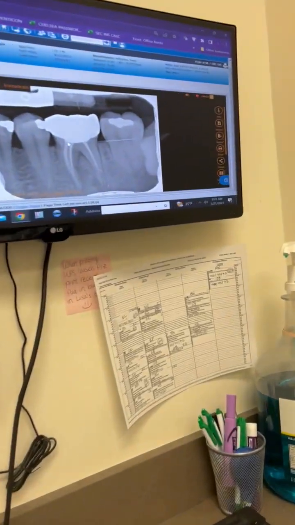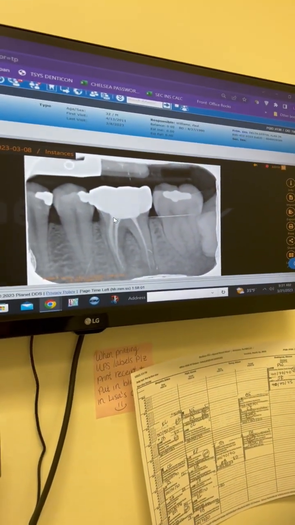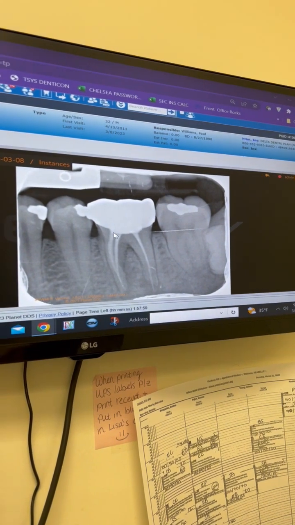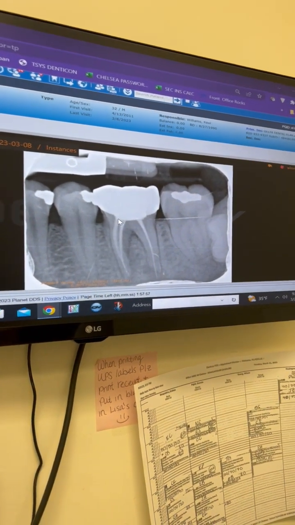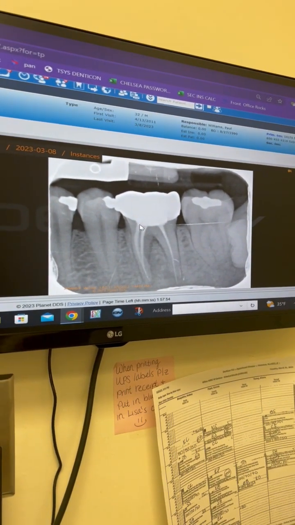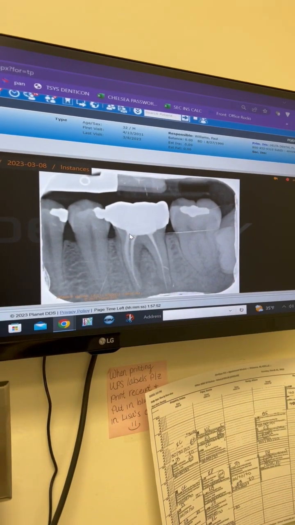Okay, so today we're working on a patient who's 32 years old and tooth number 19 has a vertical fracture right through the furcation. We confirmed that with a CBCT. So today what we're going to do is extract the tooth, and since